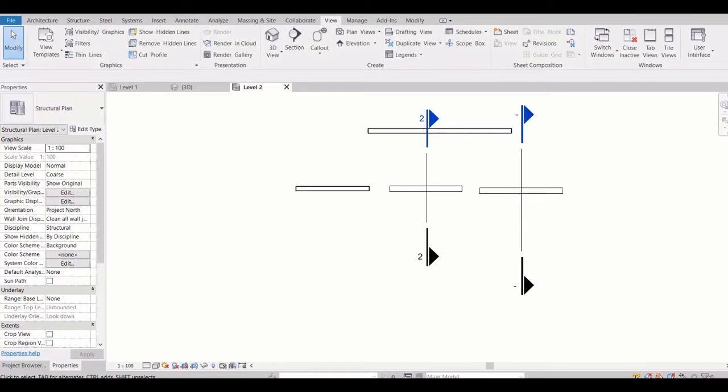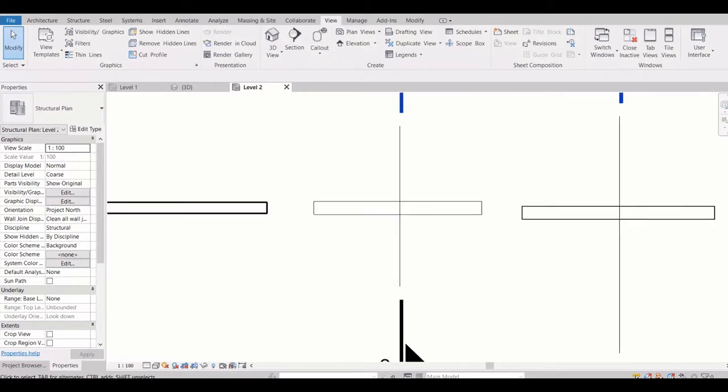And then you will see this toolbar over here, which is the status bar. It shows the status that right now my view is 1 to 100. I can even change it from here.